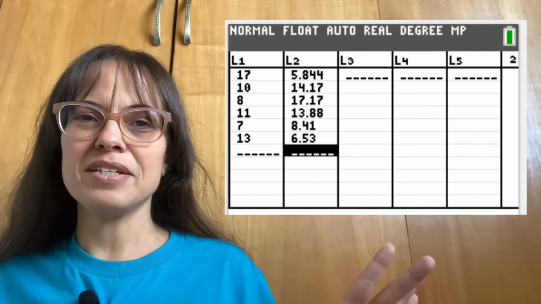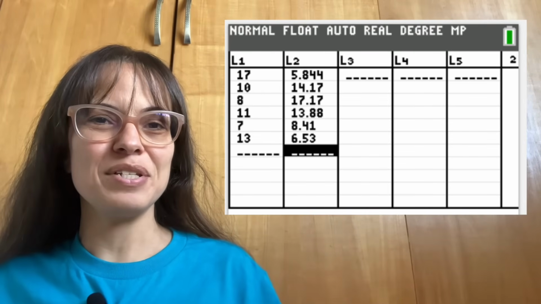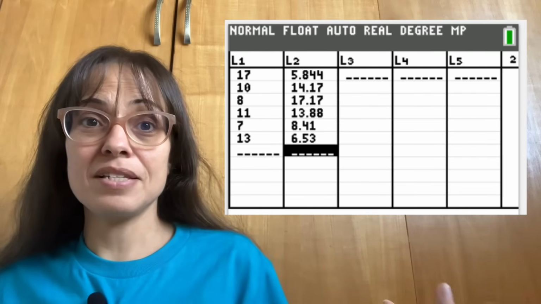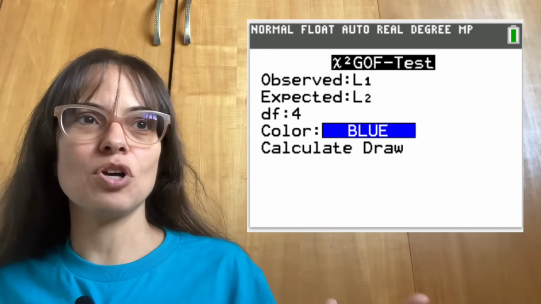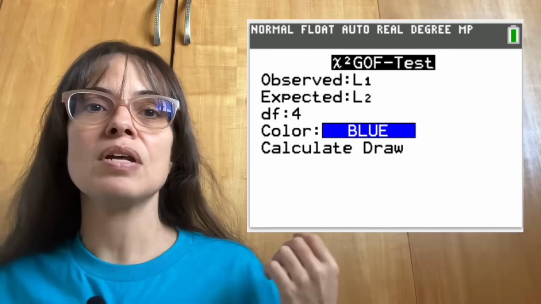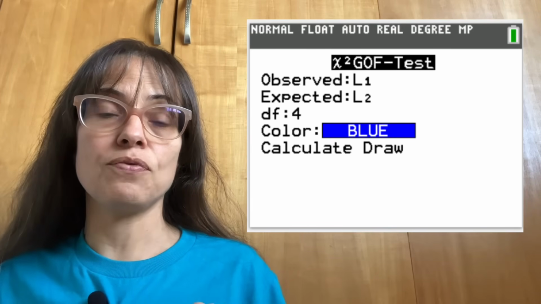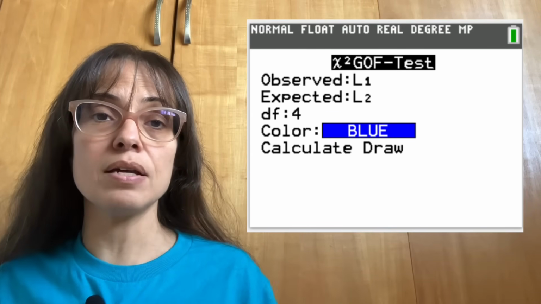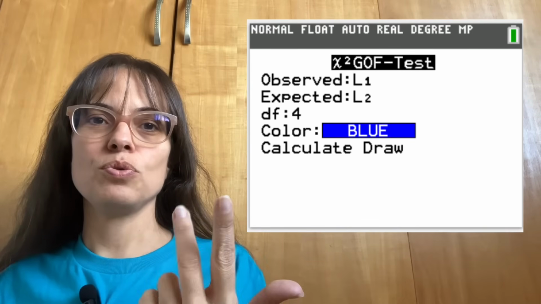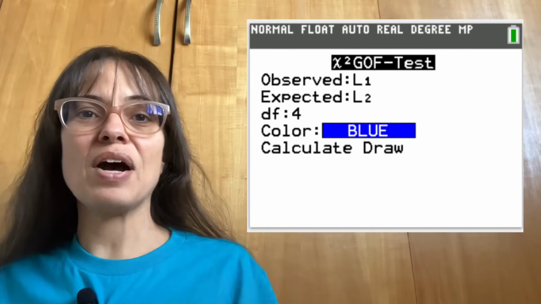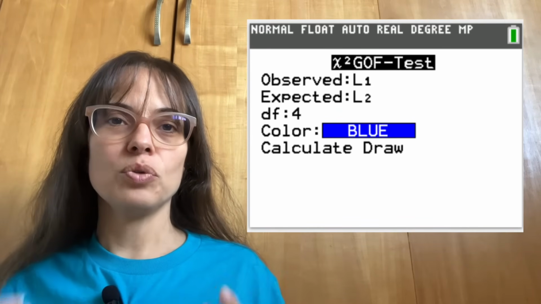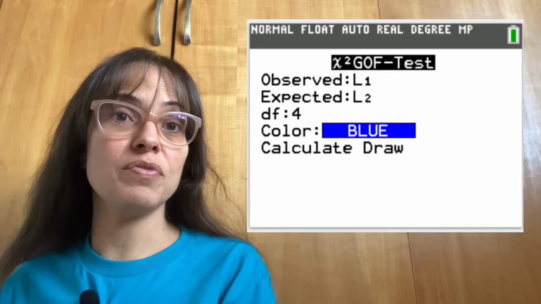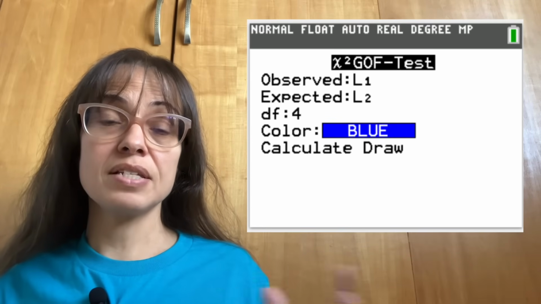And you can already kind of see that these two lists look a little bit different from each other, right? But let's see what happens. So here I'm telling the calculator where the observed values are, the expected values, and degrees of freedom. Right now it's 4, because I have 6 categories for 0, 1, 2, 3, 4, and then 5 or more days, which was the category that I combined in order for the expected number to not be very small. So I have the 6 categories.